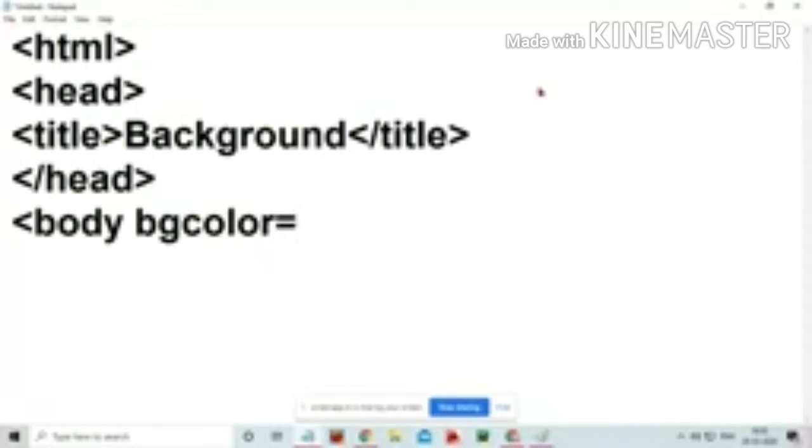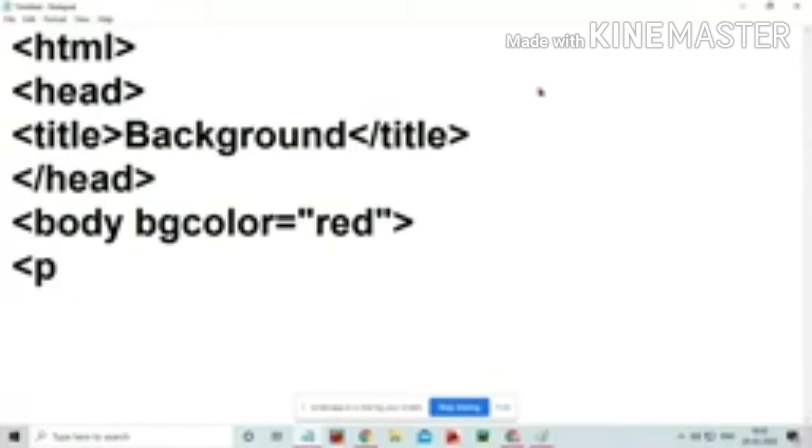BG color equal to, and you should give the value inside quotation marks, red. Body BG color equal to red. Then close the tag. You can give some more attributes inside the body tag also. Then the paragraph tag.